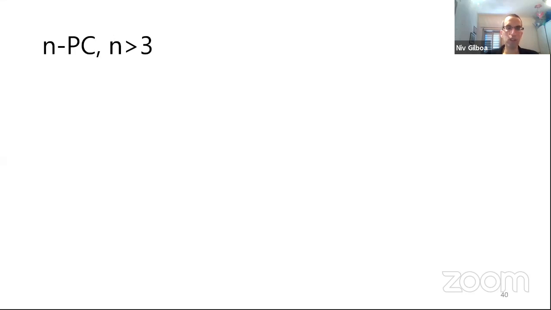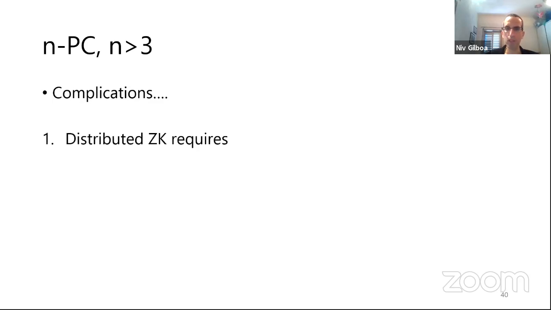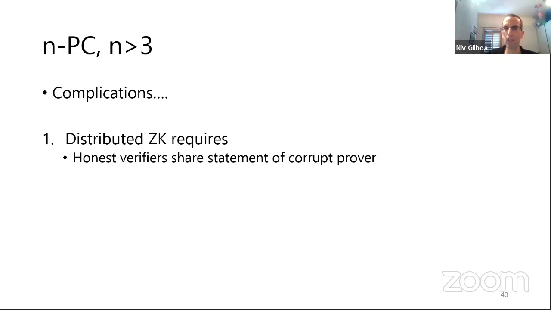What happens when we want to do NPC with n greater than 3? So sadly, we have some complications, some of them hairy. I'll go over them very briefly. I'm not going to go into the details. But here we're coming back to the point that Ivan talked about earlier. Distributed ZK requires that the honest verifiers share the statement of the corrupt prover. If n is greater than 3, that's no longer the case. The aggregator, when he sends his message, it's a sum of the inputs of all of the other parties. And if some of the verifiers, the other parties, are dishonest, then the honest parties don't have a sharing of that prover's